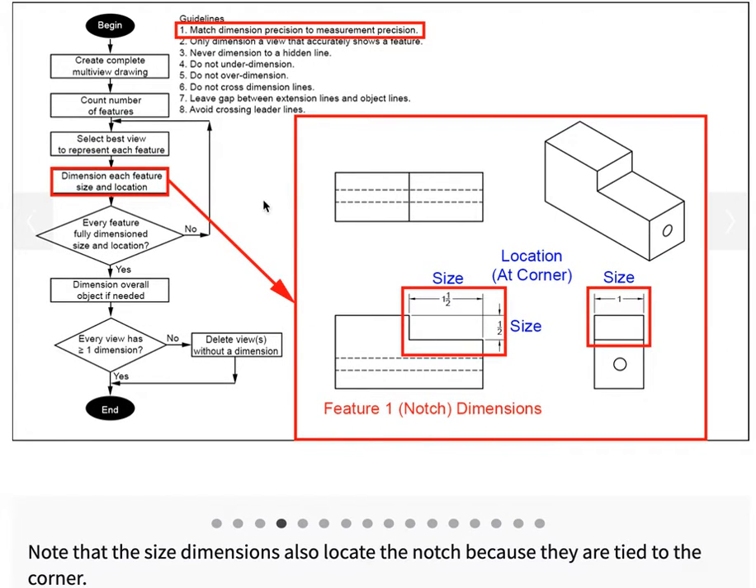Next up, dimension each feature, size and location. Make sure also, it says up here, match dimension precision to measurement precision. So the measurements that are needed should match the dimensions you give as far as precision is concerned. So they needed to give the size and location. In other words, it is this far in from the corner, that's 1.5 inches in, and it's 1.5 inches down from there. And then the width size of this notch is 1 inch. Okay, so we've taken care of all of the different size and location